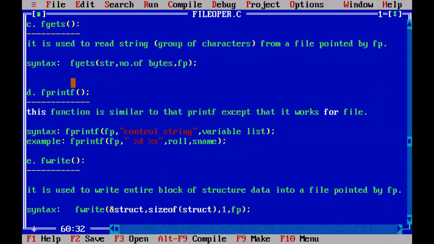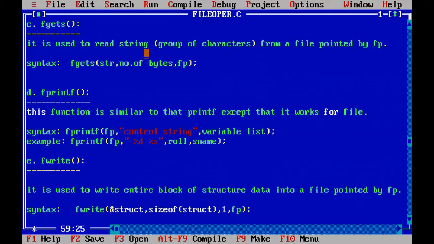Now what will the fgets function do? The fgets function will get a group of characters from this file fp, and how many characters it will read is specified here in the second argument, the number of bytes.